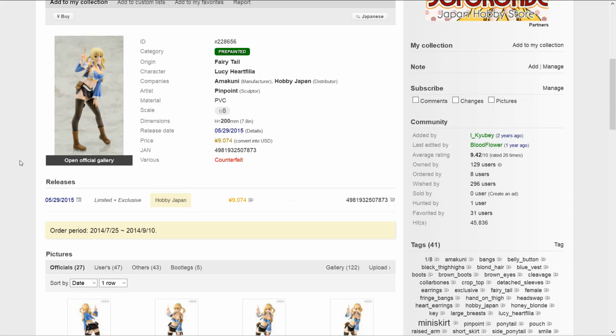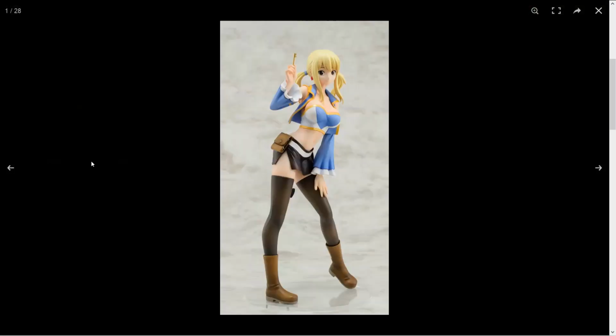So I like Lucy. I have 2 Lucy figures now, and I have considered this one. It's pretty nice and everything. However, being exclusive, and she came out earlier, so it was like the beginnings of my collection. I didn't really know how to do exclusives, so she wasn't at the normal stores that I looked at, and